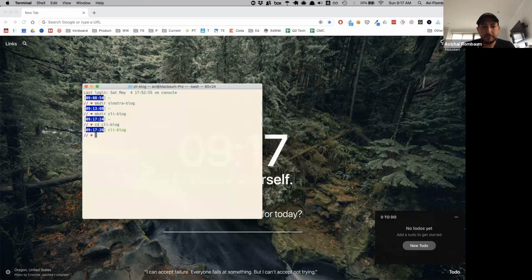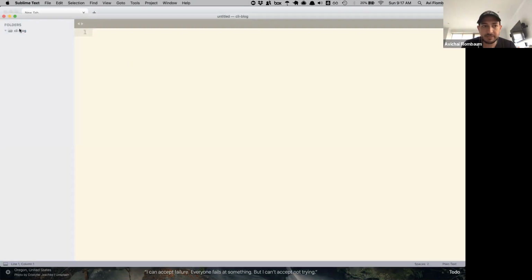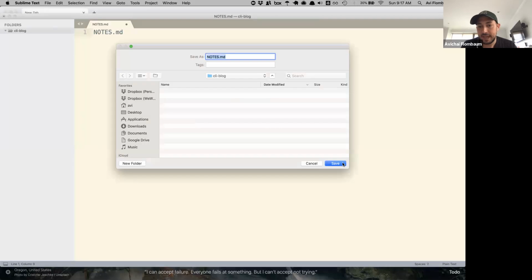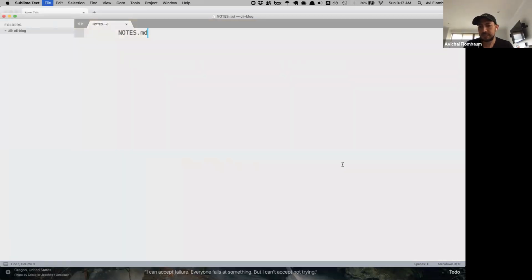Okay, so what we're going to do is build a little command line blog application. Make sense? And whenever I sit down and build something, the first thing I like to do is write out what I'm trying to build. That way I have a really loose direction of what I want to do, right? So maybe in the beginning,